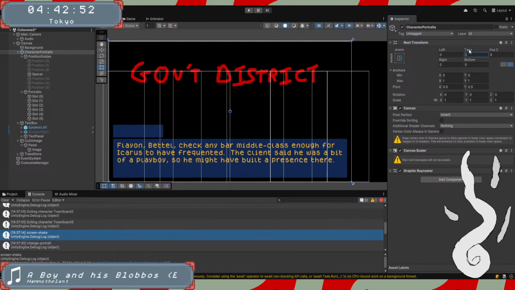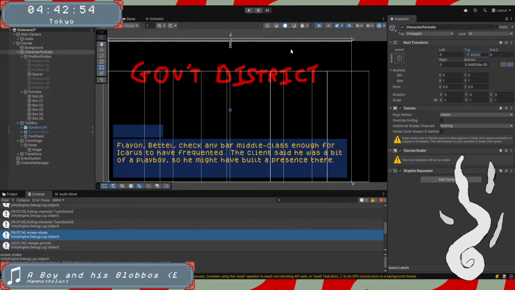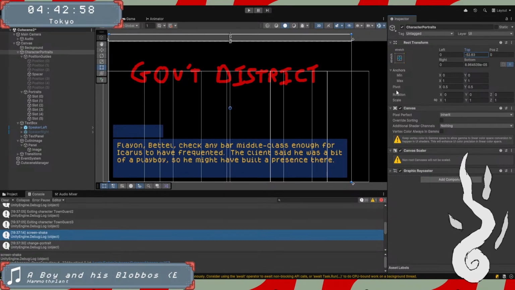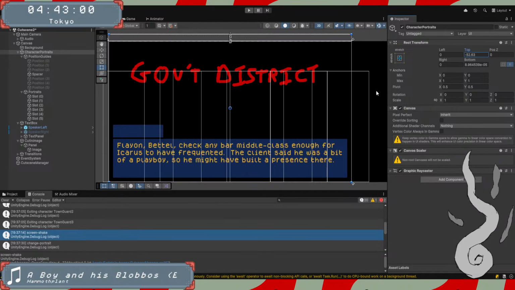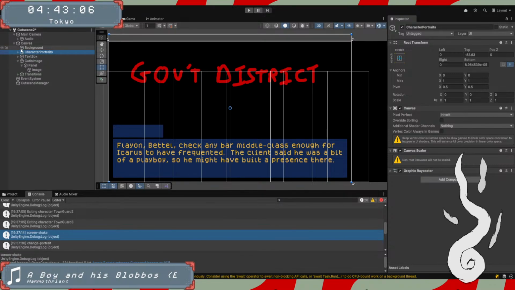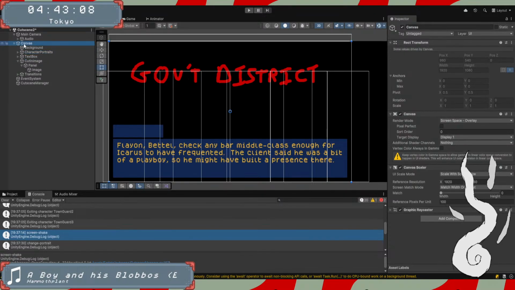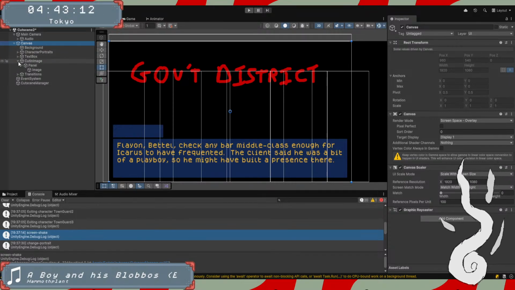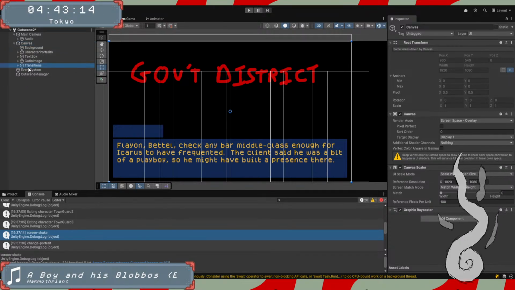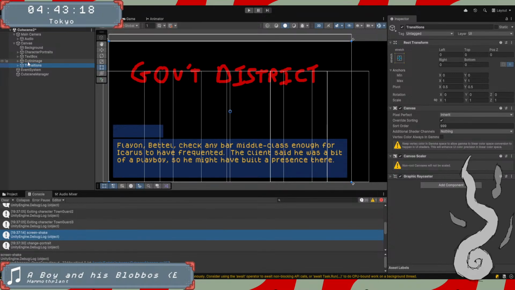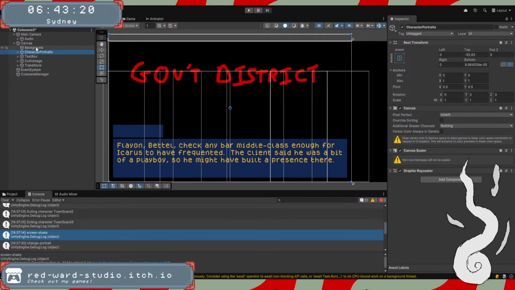Well, actually, I kind of could do this. Something like change that. I don't know. And then I'd take the main canvas, get components and children of the screen shaker. So if I did something like